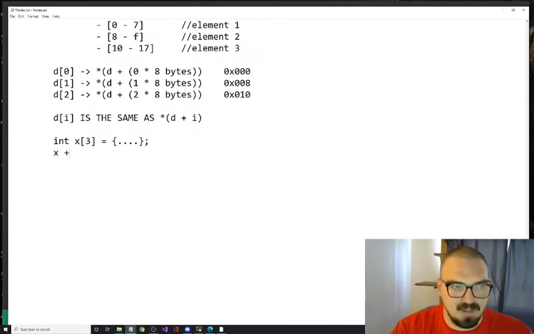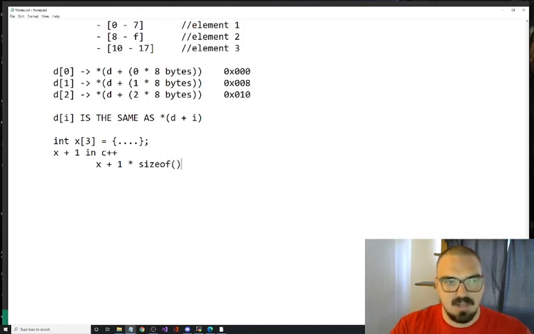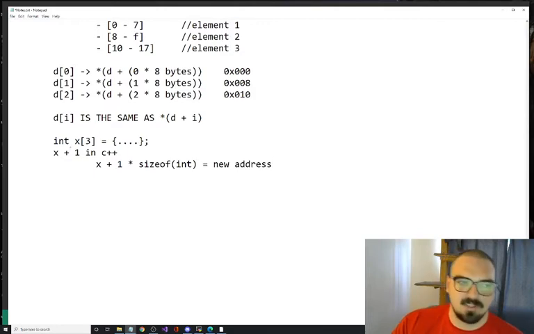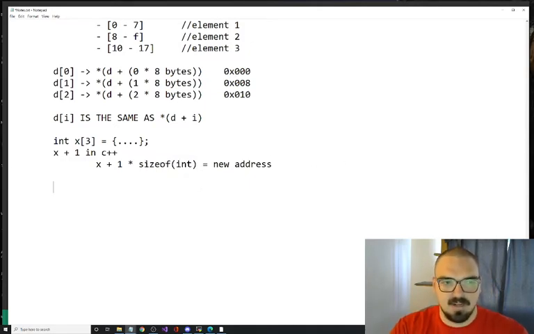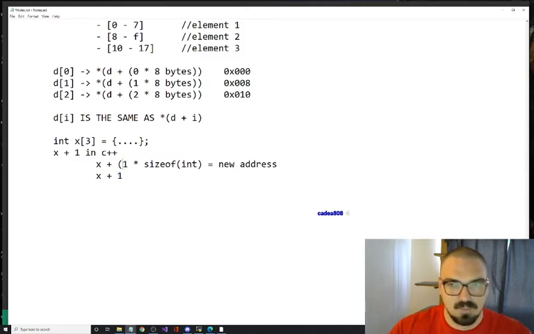So when we say x plus 1 in C++, it does this. It will take the address of x, which is x, plus 1 times the size of an int to get a new address. So that's what it means, right? So what does this evaluate to? Can anyone tell me? Obviously, x is going to be x, but what is the size of an int? 4, right? So that's going to be bytes. It's going to add 4 bytes to that address.